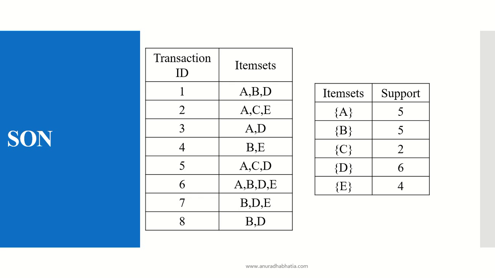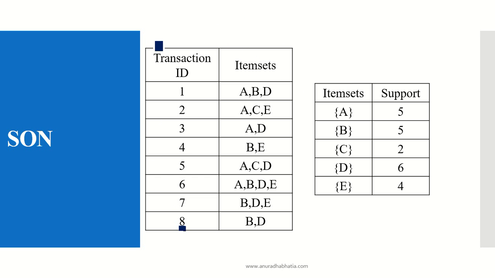Now, this is a simple example of the pass 1 steps that we just saw. If these are the transaction IDs I have, that is, I have 8 transaction IDs here, and these are the item sets which are available. For transaction ID 1, this is the item set, that is A, B or D. Now, to find the first candidate, we need to list them separately. That is, the individual item sets are listed, and the support is the number of times it occurs in this transaction table.